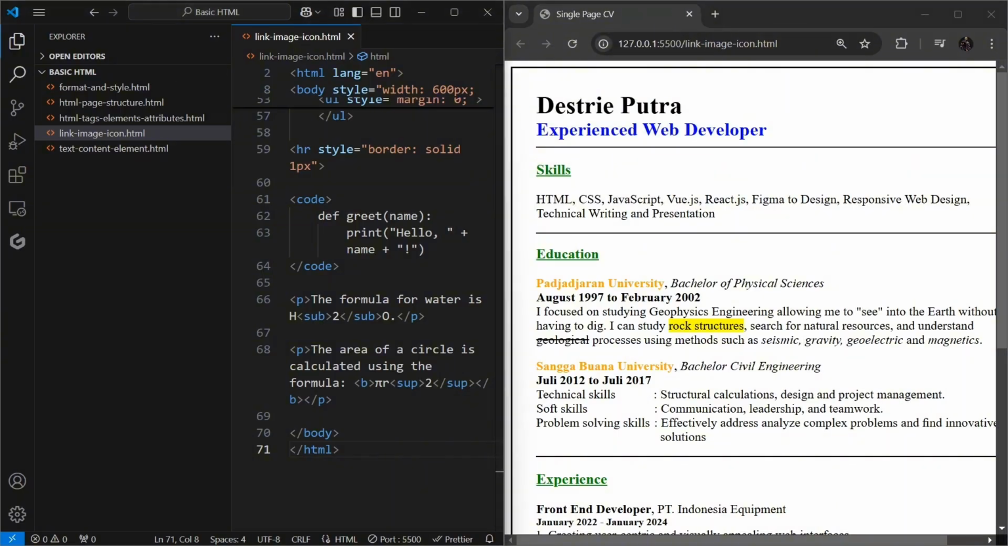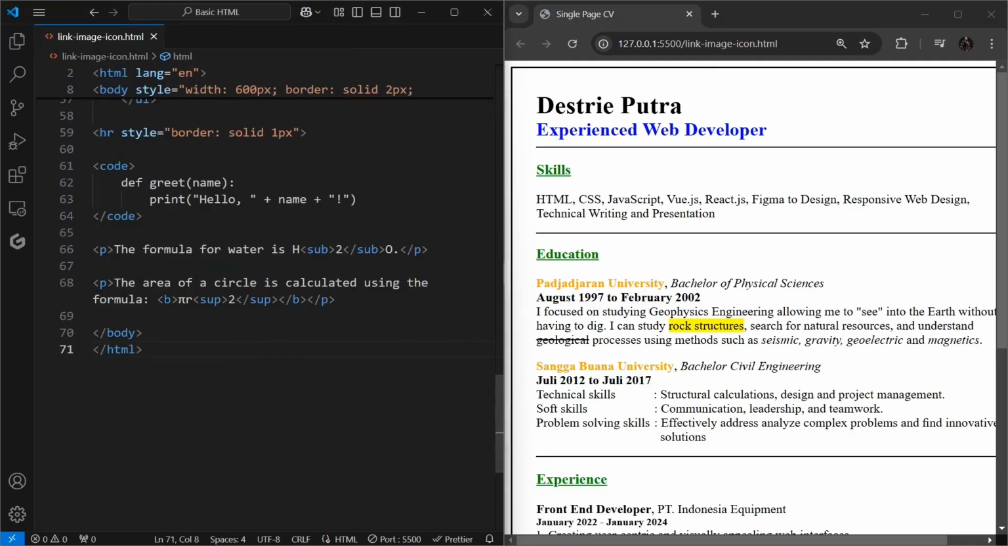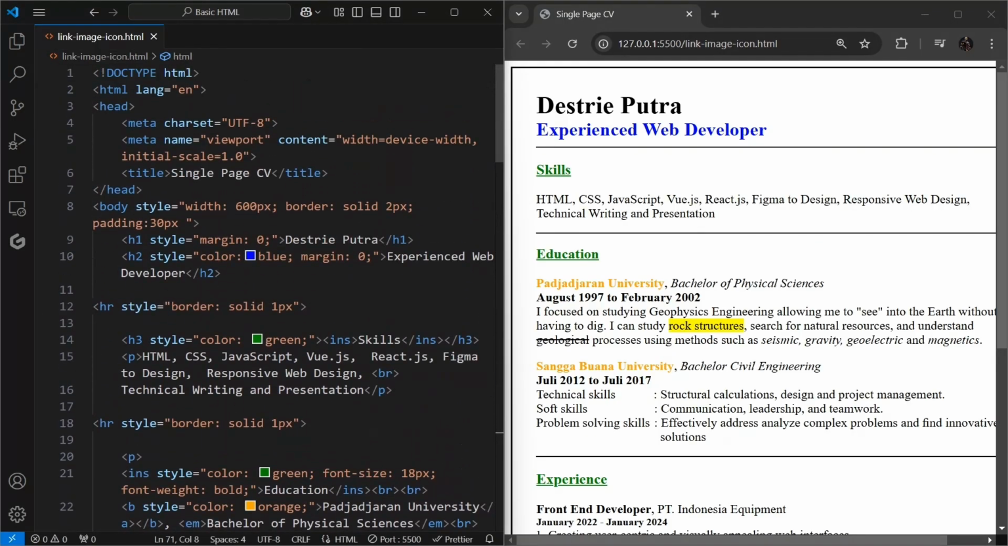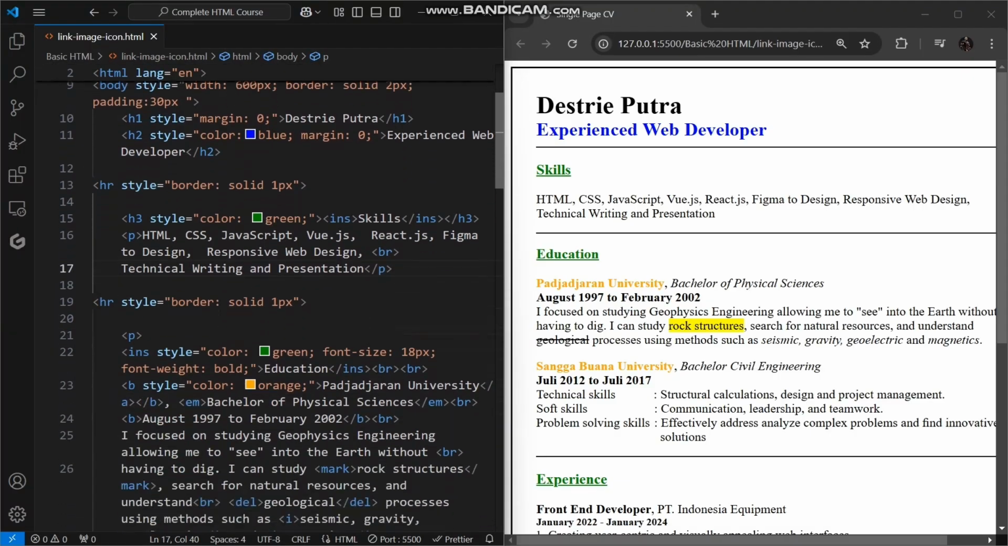A hyperlink, also known as a link, is essentially a clickable word, phrase, or image that takes you to another web page or a specific location within the same page. In HTML, we use the A tag to create hyperlinks. This tag, short for anchor, is essential for linking different parts of the web together. Within the A tag, we use the href attribute to specify the URL of the destination. This could be the address of another web page, a file on the same server, or even a specific location